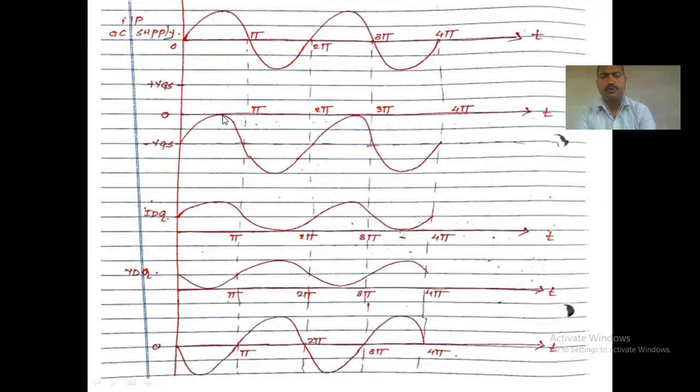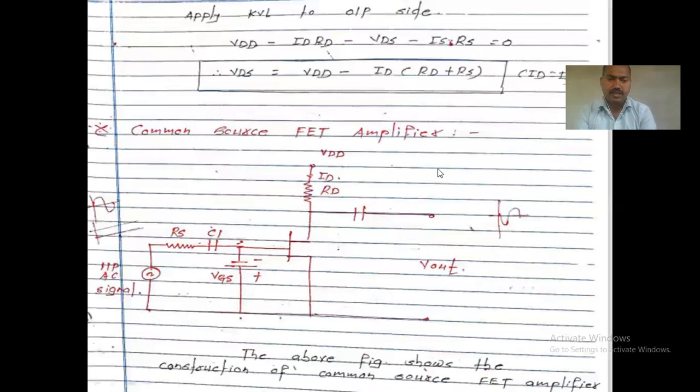Zero indicates more voltage; a negative voltage causes the opposite. Zero indicates that it should be near the voltage. Okay, this is the negative voltage, VGS is the negative voltage. In that case, see, negative voltage VGS. In that case, what does IDQ indicate?